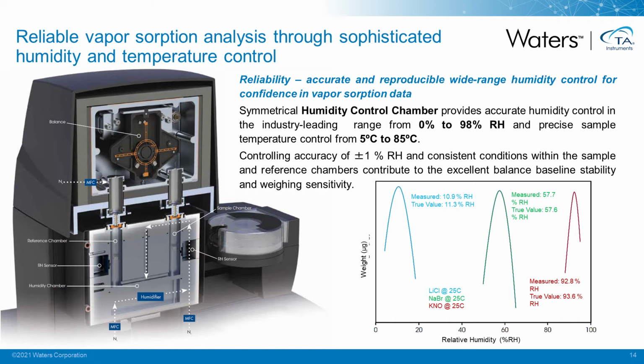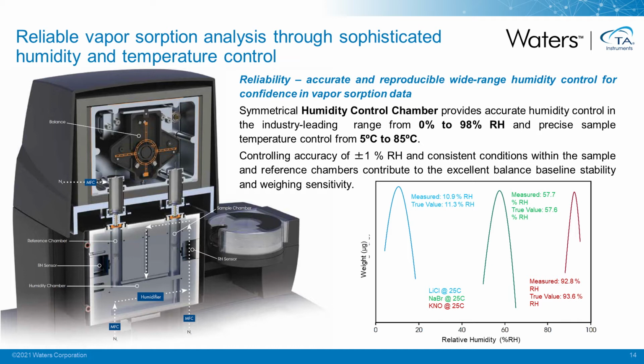This is so that, since water will attach itself to any surfaces, we want to be able to know when water is actually attaching itself to the surface or going into the interior of the sample itself and not being attached to the pan. So that's why the reference side is now exposed to the same humidity and temperature as the